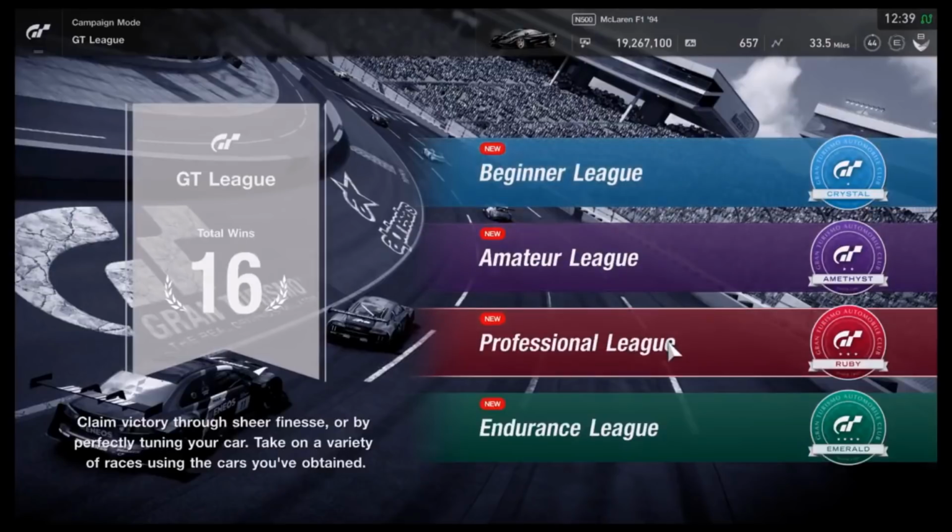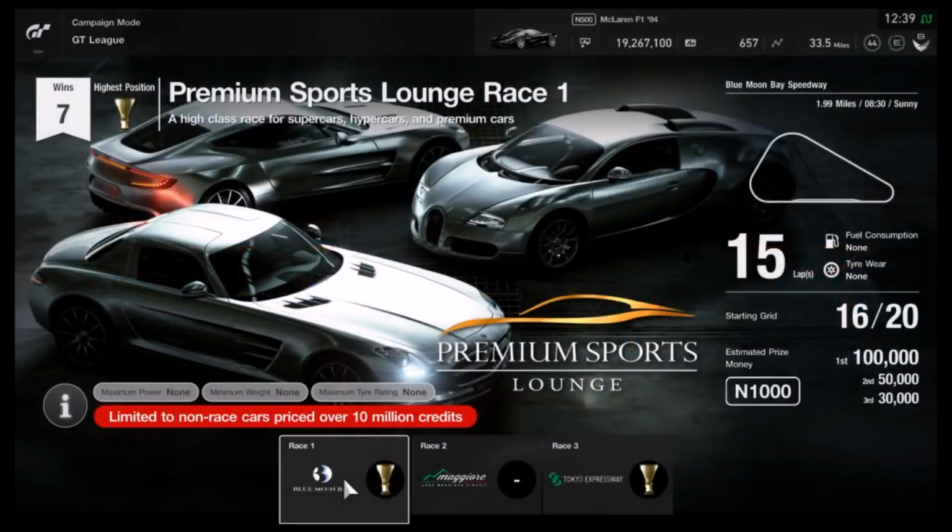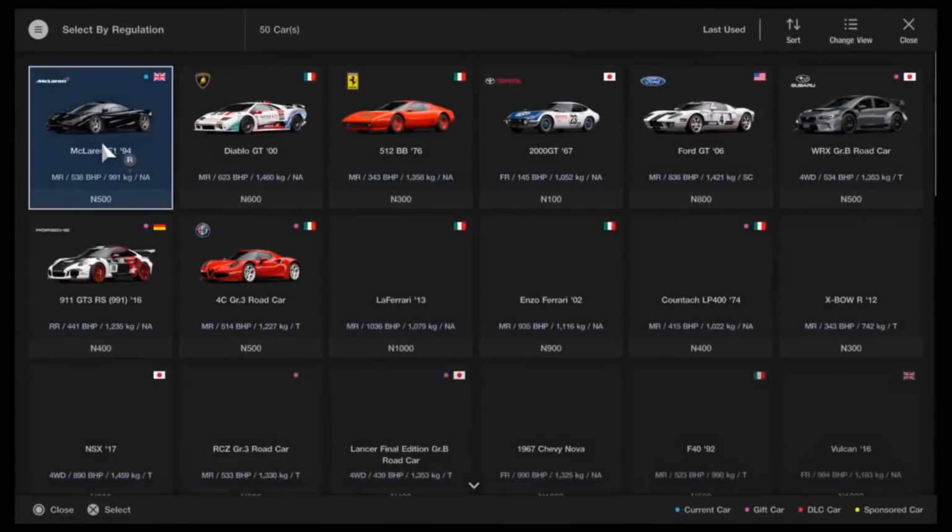But the ideal one is in the Premium Sports Lounge, which is of course the supercar event, and it's the 15 lap event on Blue Moon Bay. As you can see, a 100 grand payout, it's 15 laps, which takes about 10 or 11 minutes. So that alone would be really good. That's a great payout. But this is where it gets even better, because depending on the car that you use,